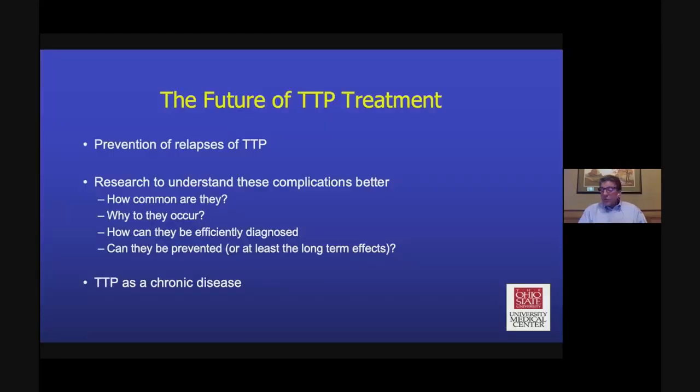So what's the future of TTP treatment? Certainly trying to prevent relapses. But I think what we really have to do as we have more and more survivors is to try to understand these complications better. How common they are, how do they occur, or why do they occur, and how can they be efficiently diagnosed quickly by the average physician in the clinic? And more importantly, can they be prevented and at least prevent these long-term complications? Really, the model is TTP is a chronic disease that we're going to manage long-term in patients, just like heart disease and